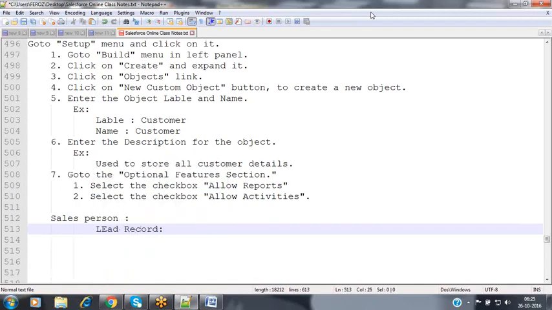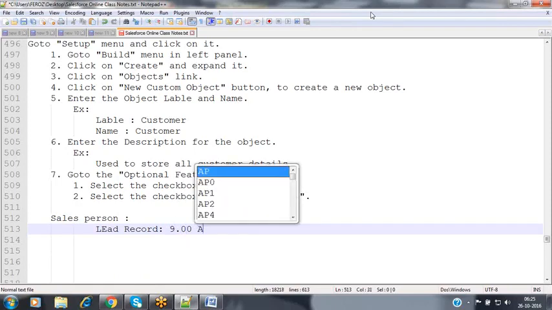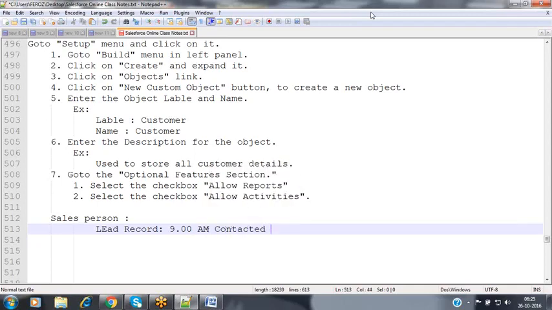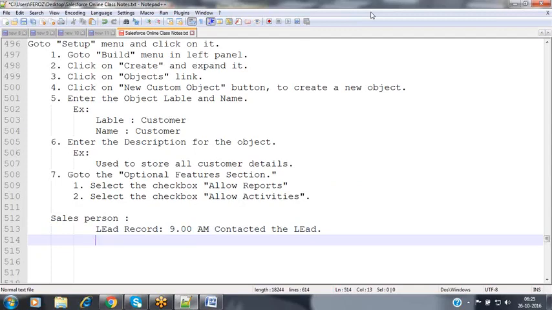And today morning at 9 o'clock, I have contacted the lead. As soon as I made a call to the lead, this person was traveling, so he immediately picked up my call. He told me that he's in traffic right now. Please call me after half an hour, or please call me after 1 hour.